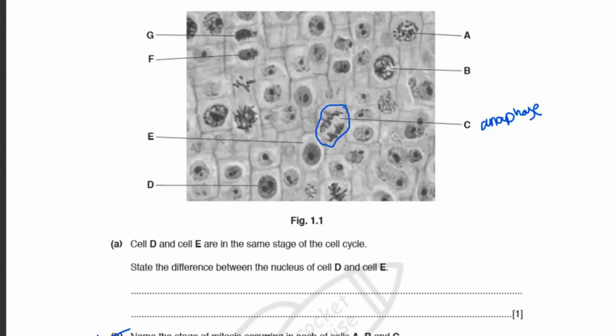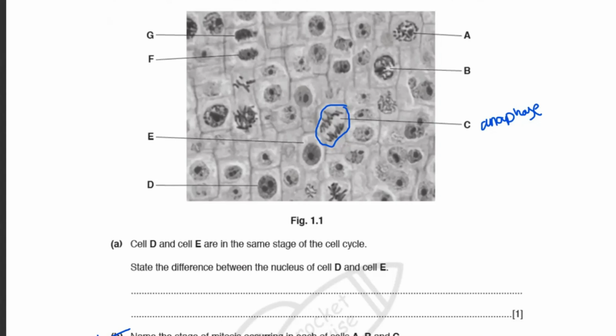A and B are literally the same process. They're literally the same stage. Don't say interphase, because they have already specified that this is a stage of mitosis. So you are not going to label it as interphase. Rather, you have to label it as a stage of mitosis. The difference between A and B is that one of them is an early stage and one of them is a late stage.